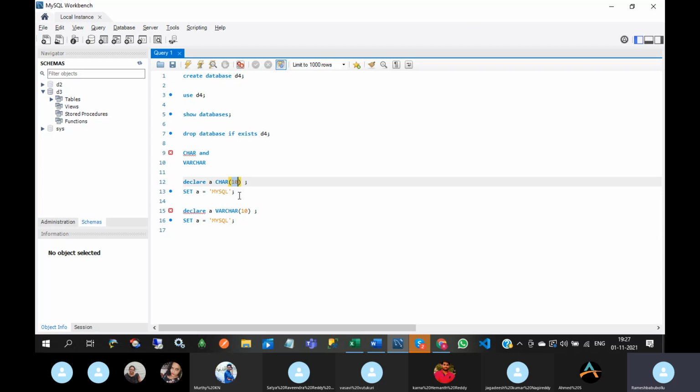char of 10 means it will store only 10 bytes. So what is the length of the MySQL word? 5.